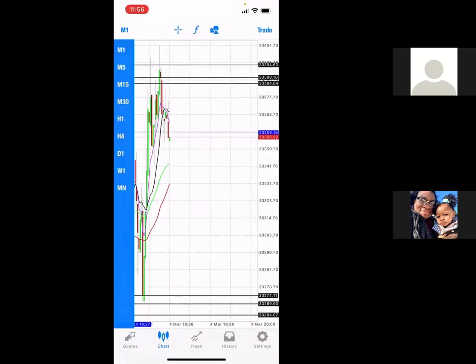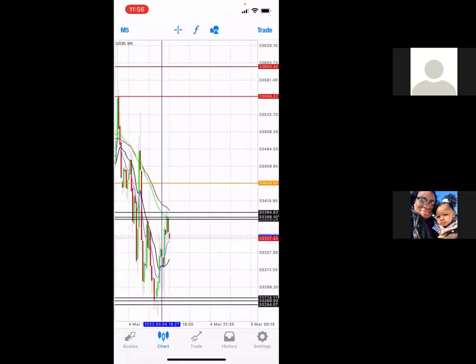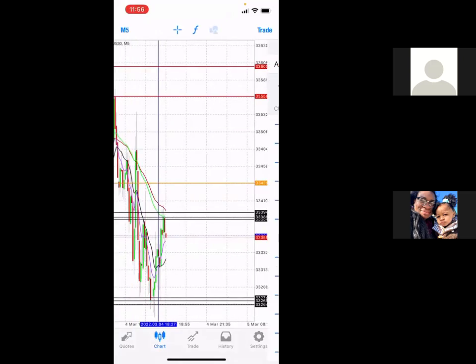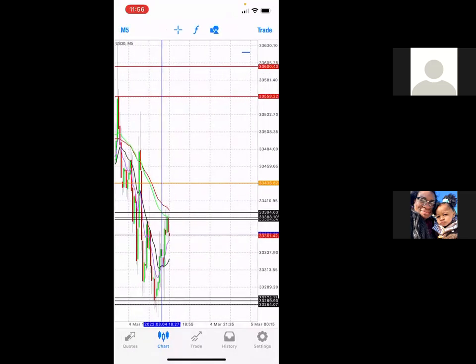Now we go to the 5-minute. Every time frame has a different color. Okay, so now what we're doing, we're only putting lines on trade levels, which are these lines, or a red and green moving average. That is it. You're not going to put a line in the middle on top like that. You're not doing that anymore. You're only going to put a line on a red or green moving average or on a trade level.